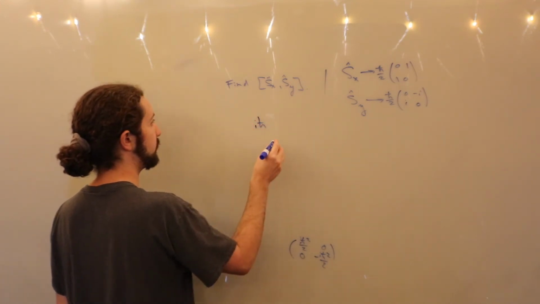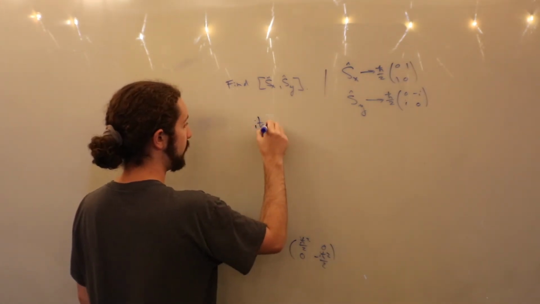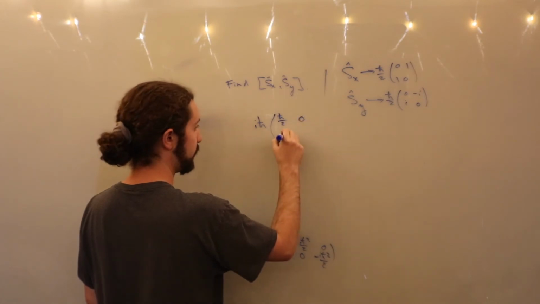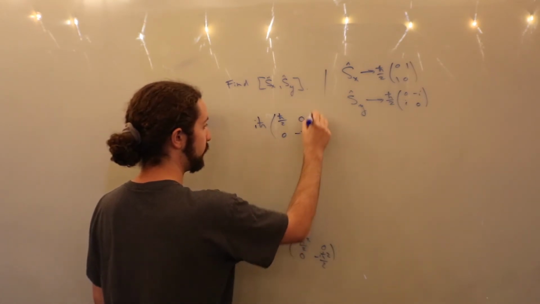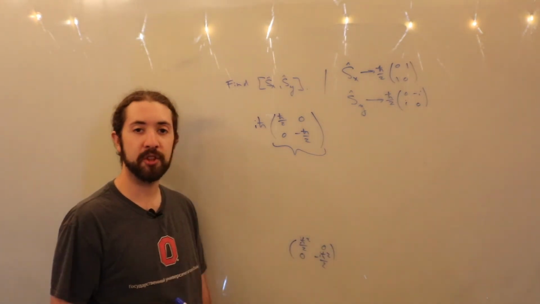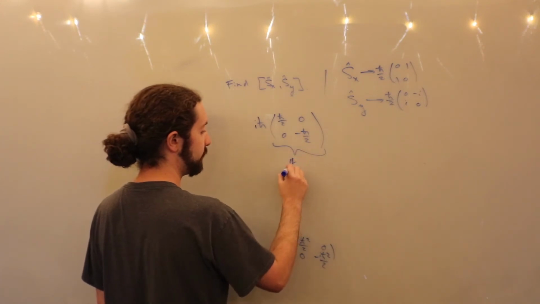This is iħ times ħ/2, 0, 0, negative ħ/2. Notably, this is the third Pauli spin matrix, the one representing